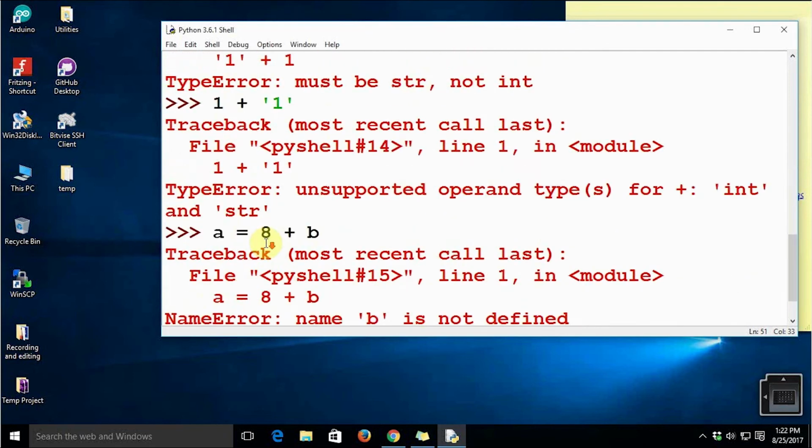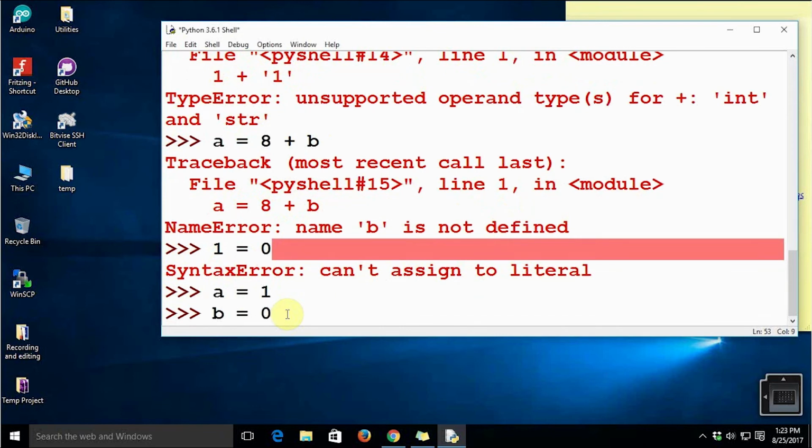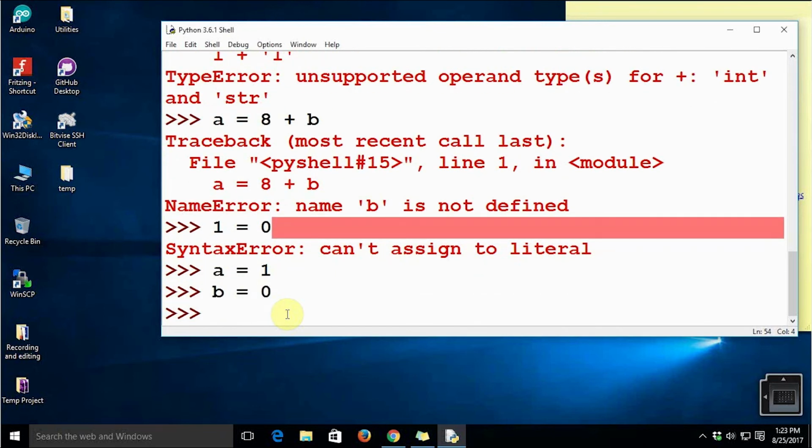Suppose you have got two variables. So now let's take a real life example. You have got two variables, a equal to 1 and b equal to 0. Mind it that I have literally typed a equal to 1 and b equal to 0, but if you are running a very complex mathematical or numerical computation and suddenly your variable b gets assigned value 0, that time you are going to have trouble, because 1 by 0 is not something all the interpreters or compilers are supposed to compute. Some people treat it as infinity, but infinity is not something which a computer is supposed to comprehend or handle.